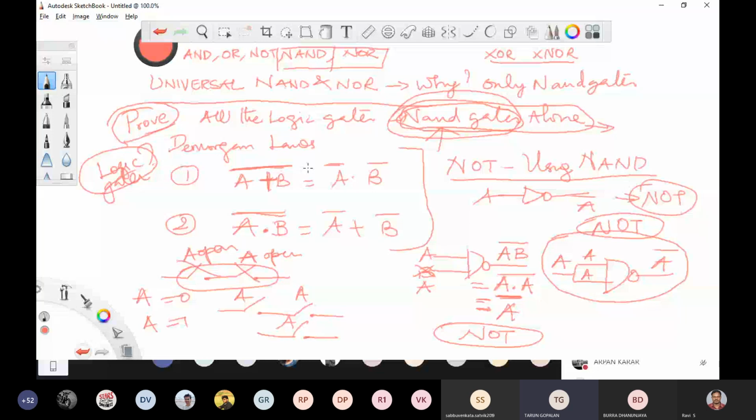The same is true with NOR also. Using NOR also we can make them. I'll be solving the NAND based problems, and I'll give NOR based problems as homework later. I'll solve all the NAND based problems and give you the information on how to solve them, and based on that, you have to work out the NOR based ones. Don't worry. So now the first logic gate is implemented using only NAND.